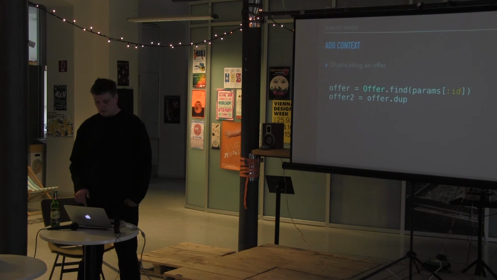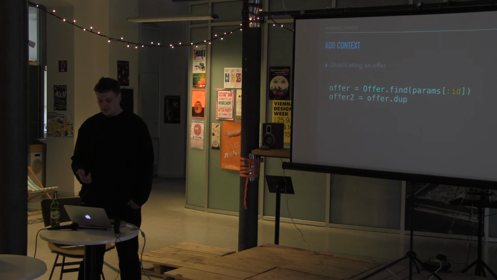There's another example. So this is a control method that did some duplication of an offer. You read an offer from an ID, and then you duplicate it into a new variable called offer2.